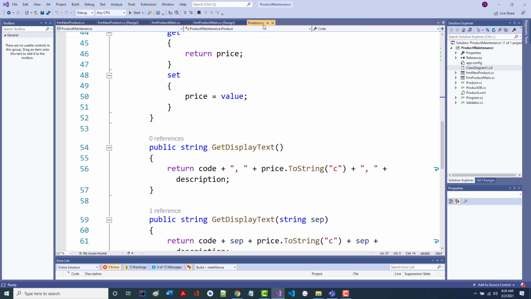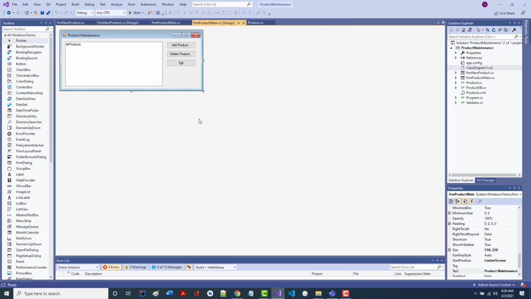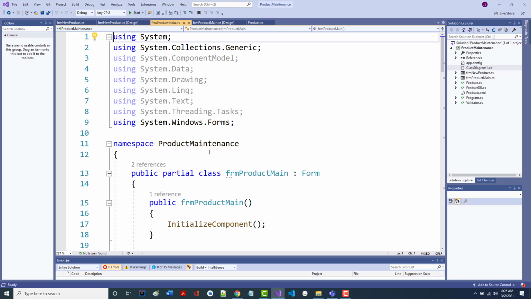Let's just keep walking our way through this. Okay. So this is, if we bring this up, let's see, where is it? There it is. So this is the main form. This is the form that comes up when you begin to go through the program. All right. Here's the code that goes with that. Again, you'll notice none of that's needed. All right. I'm not going to get rid of it, but none of it's needed.